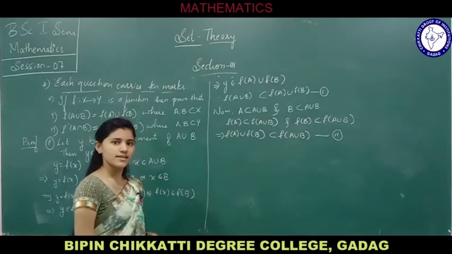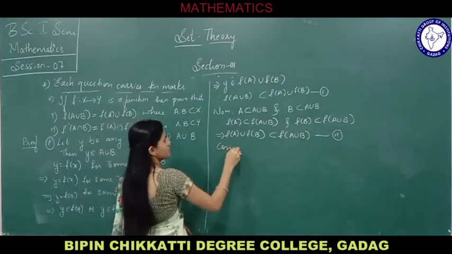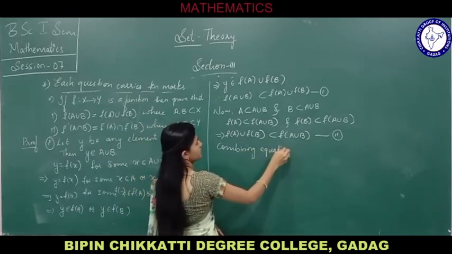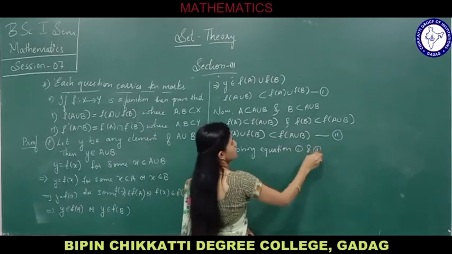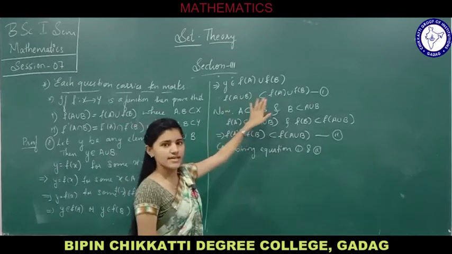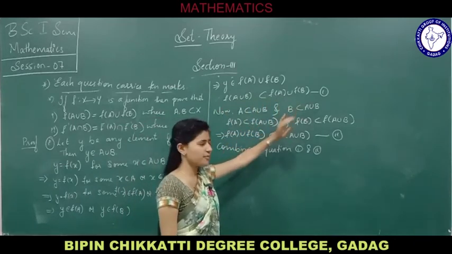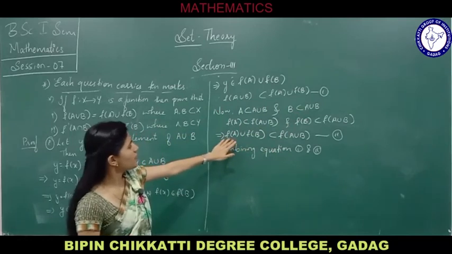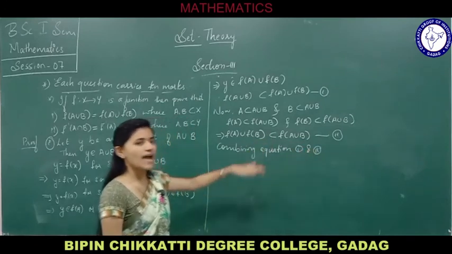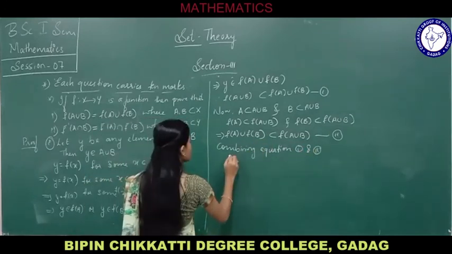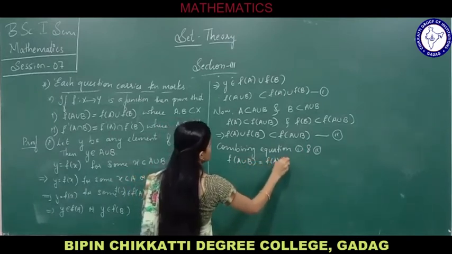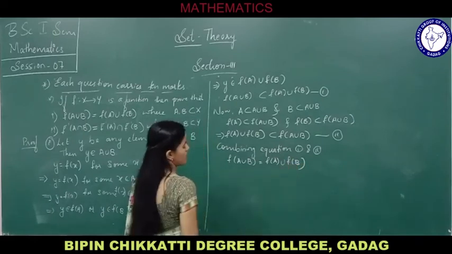Now combining equation 1 and equation 2. We had equation 1 as f of A union B is a subset of f of A union f of B, and we had equation 2 as f of A union f of B is a subset of f of A union B. And hence f of A union B is equal to f of A union f of B,